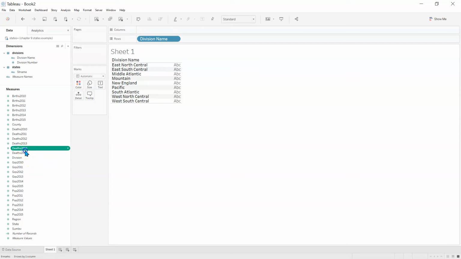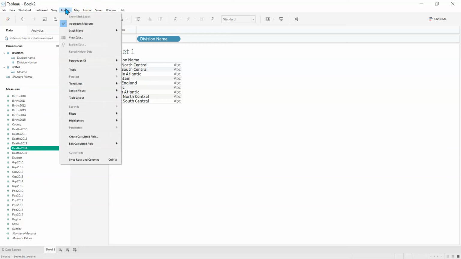And so if we want to, we can work with a calculated field. We can create a field. So we can do analysis,